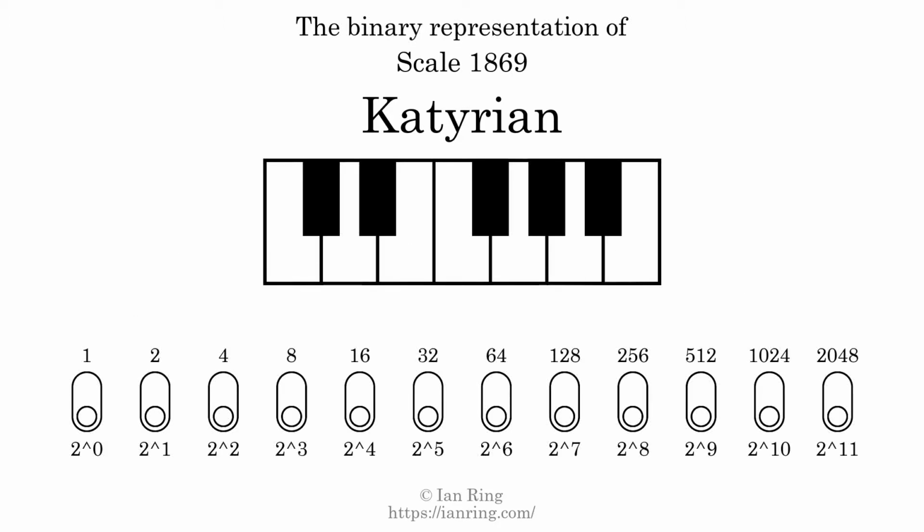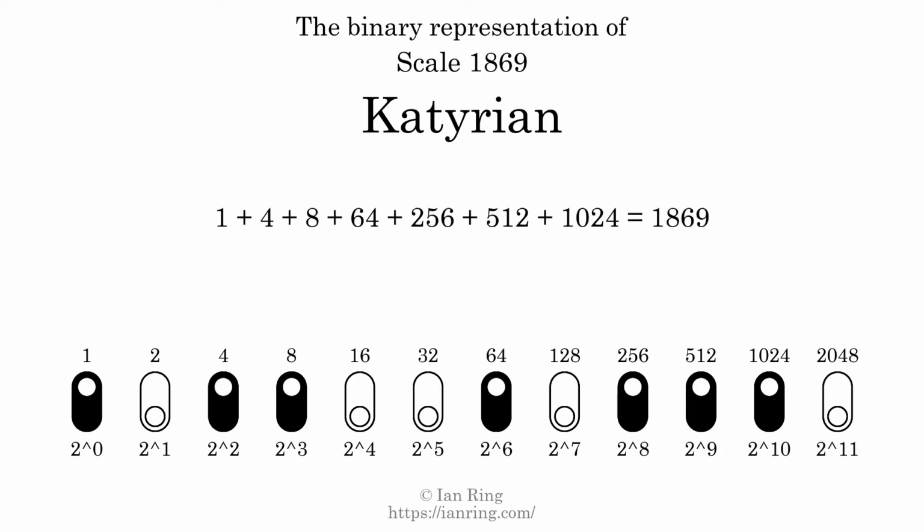The binary representation of this scale is determined by mapping tones of the scale to binary digits. Each binary digit represents a power of 2. To get the scale number, we add the powers of 2 together. The powers of 2 that are present in the scale, all added together, equals 1869. That is why the scale number, in decimal, is